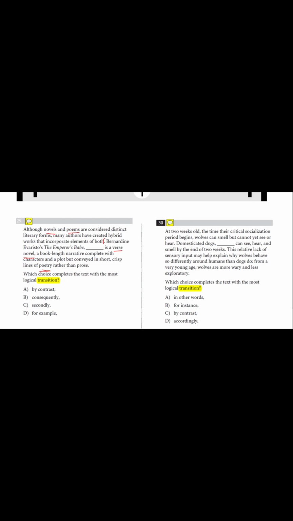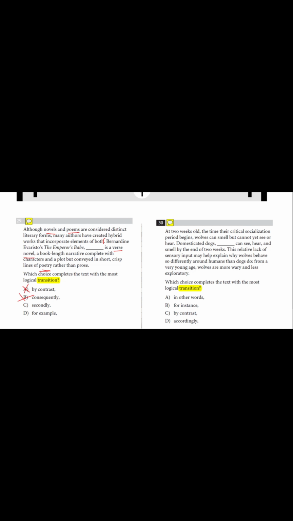So by contrast, for sure this is not true, because it means that if the second sentence or the second idea contradicts the first, in such case we can choose by contrast, but this is not the case here. Consequently means a result, and this can be chosen when we want to express that the second